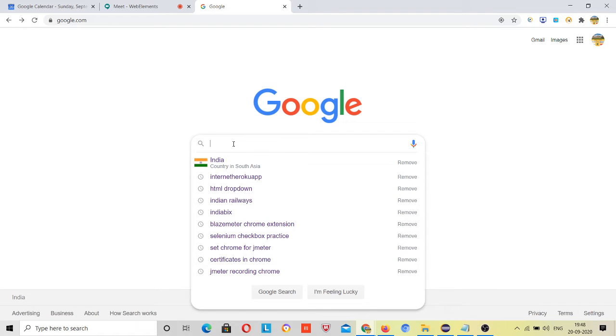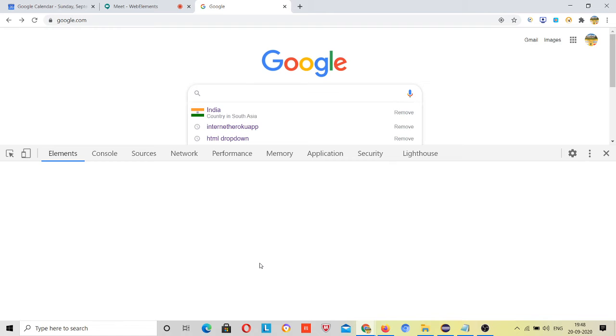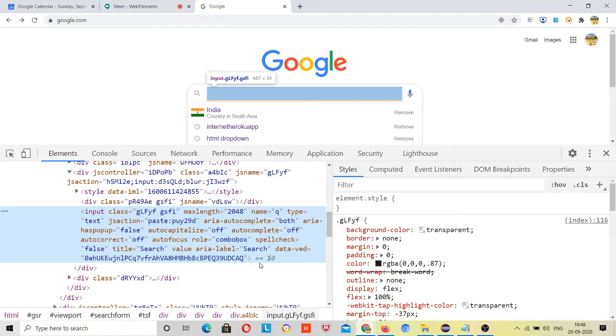Right click, inspect. This is your code present, right? So the tag name is input, name is equal to q, right? Let's use this name field.